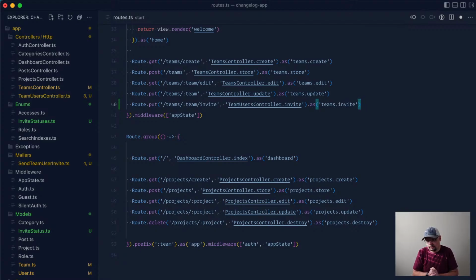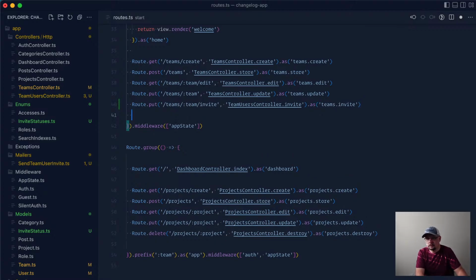So that's one portion of the equation. That's going to handle the form submission and be in charge of actually sending out the team members' invitation. But we also need the inverse side that the invitee would then click and come into our application, where we would determine whether or not they need to set up an account or just log into an account or just automatically accept them since they're already logged in. So at that point, do route, set that up as a get, and that would be teams. We want the team ID on there. We could do invite, and